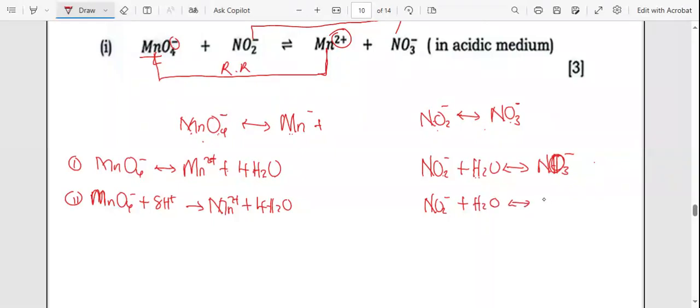The reaction at equilibrium. So we have, then plus we had hydrogen. We have only two hydrogen, so I'll add two hydrogen ions like that. Okay, from there now, what we are going to do is balance the number of